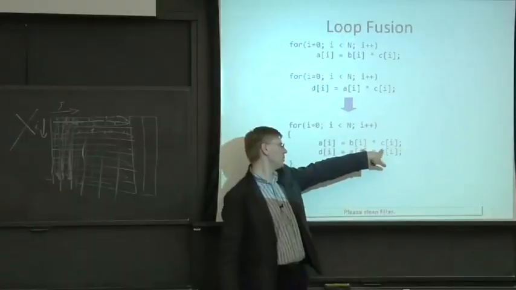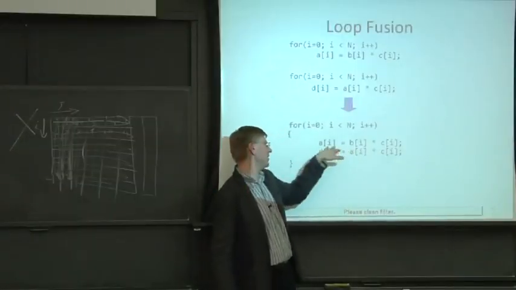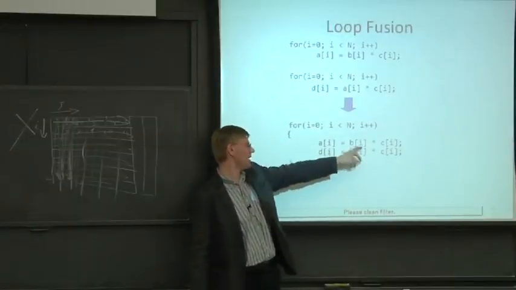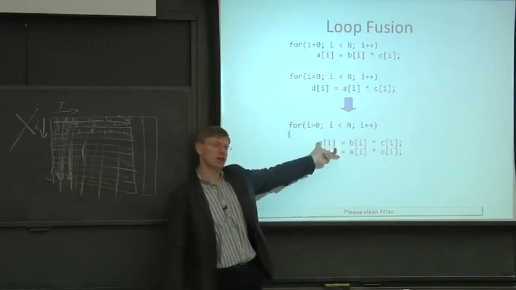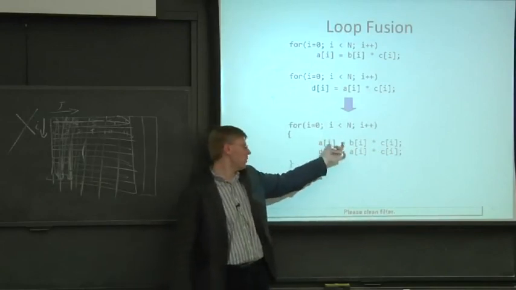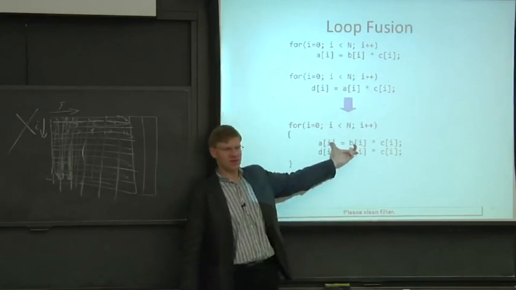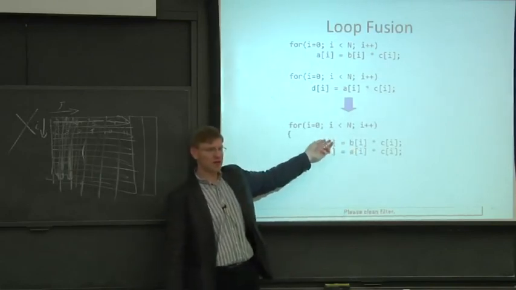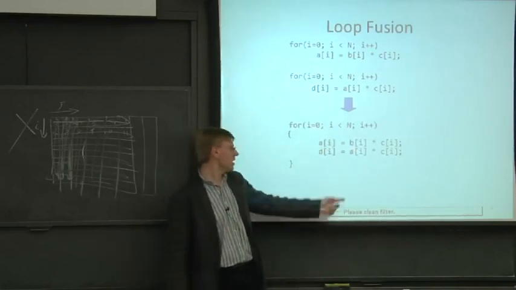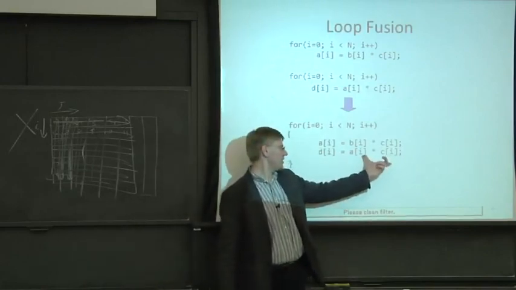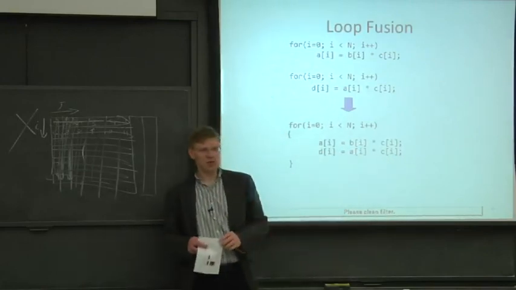such that you take b of I times c of I, put it here, and then use that. You're probably going to do that in a temporary variable. You're probably not going to do that through main memory if you have a of I and a of I in statements right next to each other. But you still have to write a of I, we'll say, for program correctness. And you take A of I and C of I, multiply them times each other, and put them into D